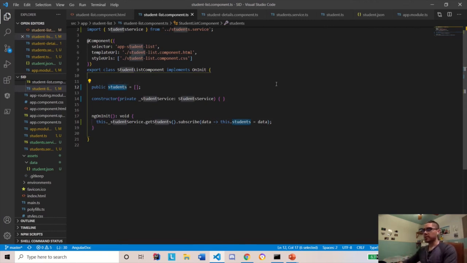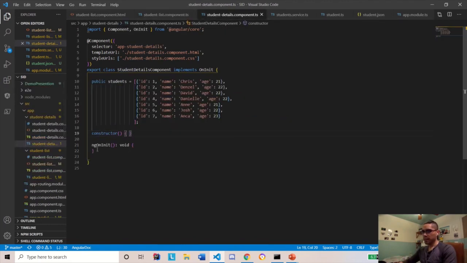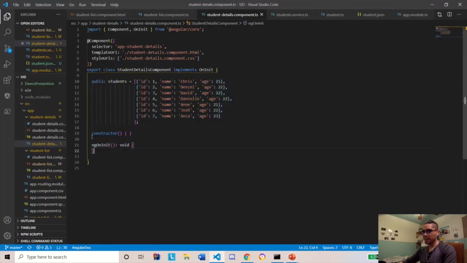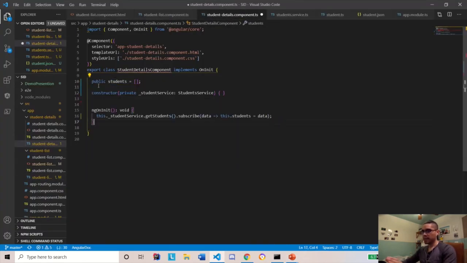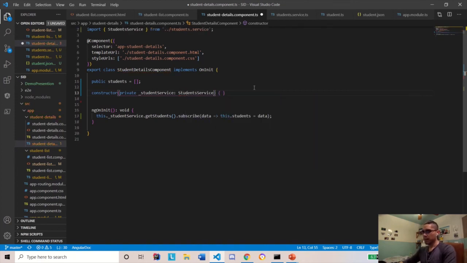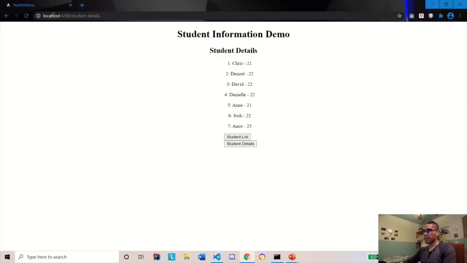So we do that for this one, and we also do it for the student detail. So if we do that right here, we do the exact same thing here, and that's it. I think that again has to be student service like that. And now we go here and we refresh it,